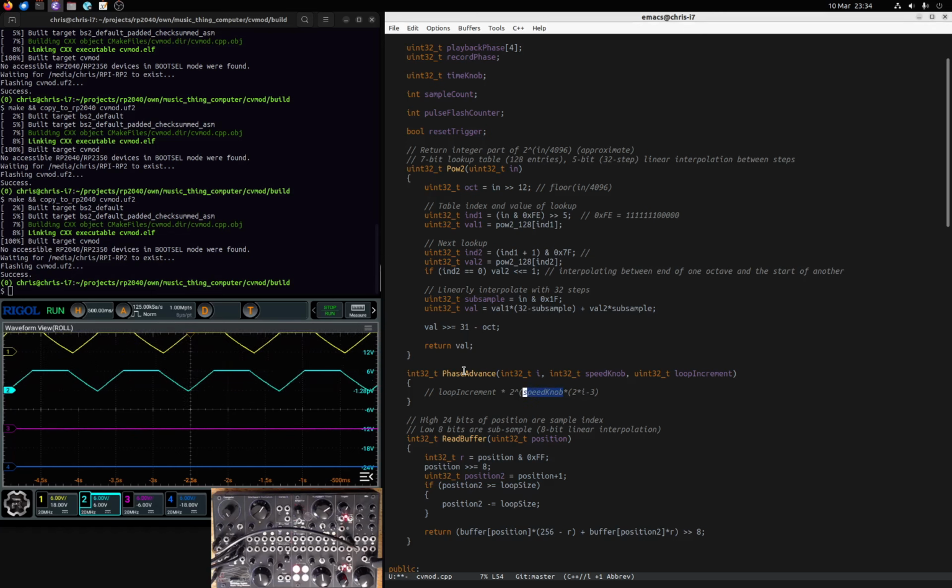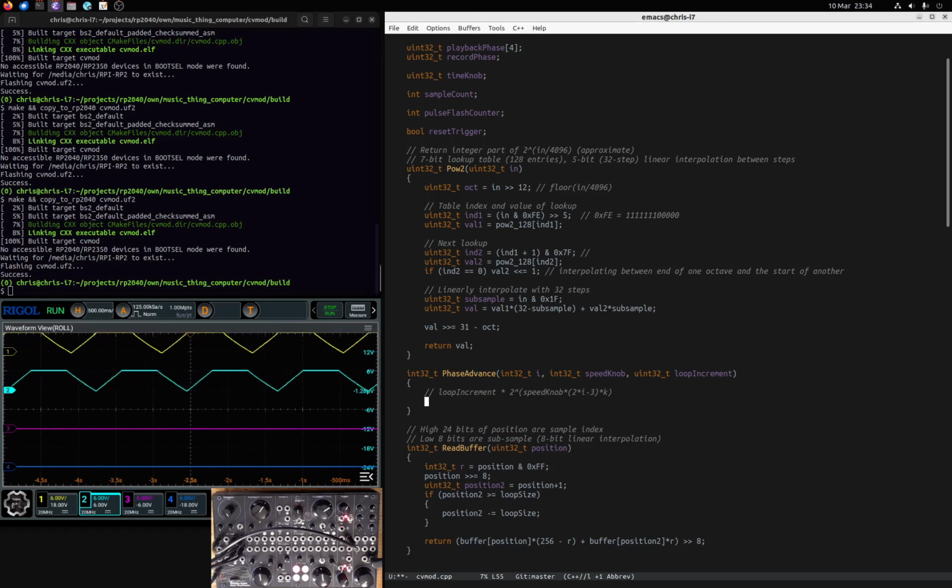Multiply that by the speed knob, which is a bipolar signal, and then multiply it by some constant, which I don't yet know, to have an appropriate range of speed. I said I wanted it to go from about 4 times to 1/4 or something like that, and the value k is going to set that. In fact, I can see that we're going to have